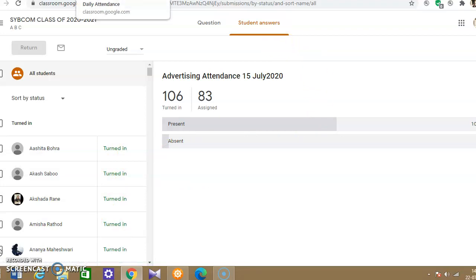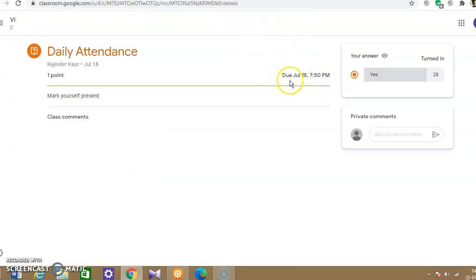Whenever the teacher gives you daily attendance, the teacher also gives you a due date and a timing, which means this attendance has to be marked by this date and this time. If you are not able to do it by this date and this time, then later on if you mark it, the teacher will get a message that so and so submitted it late along with your date and timing. So you have to be careful about the date and timing of marking your attendance so that you do it every day on a regular basis as and when your teachers tell you to do it depending upon the lectures, but make sure that you do it in the due date and the time, otherwise you'll be marked late.